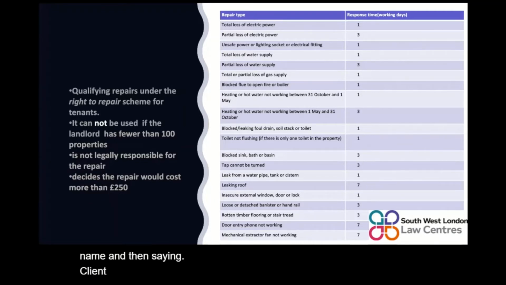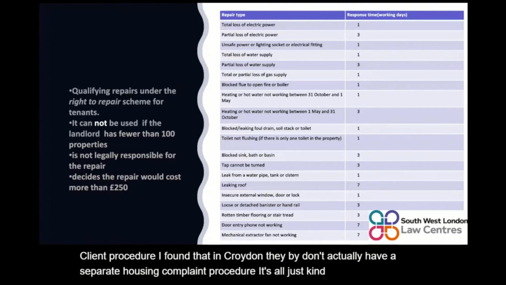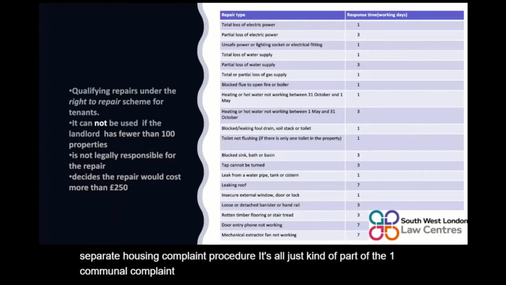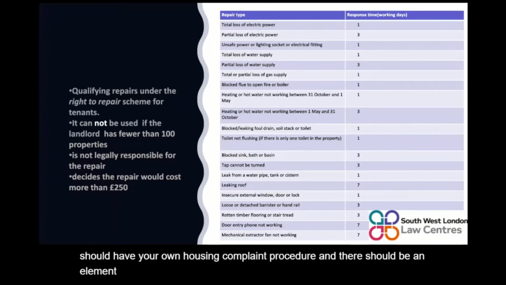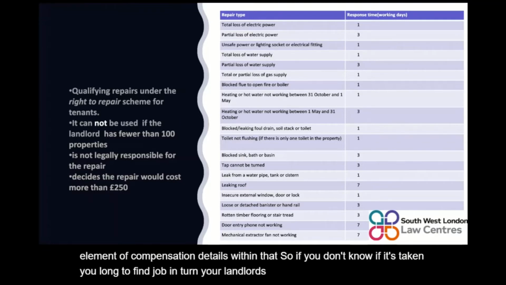I found that in Croydon, they don't actually have a separate housing complaint procedure. It's all just part of the one communal complaint procedure, which I don't think is right. I think you should have your own housing complaint procedure, and there should be an element of compensation details within that. So if you don't know, if it's taken you long to find your landlord's internal complaint procedure, or you